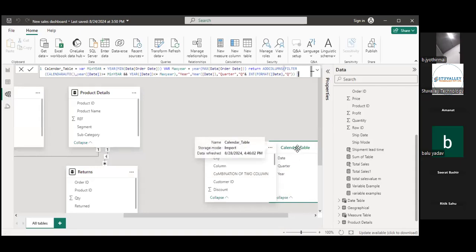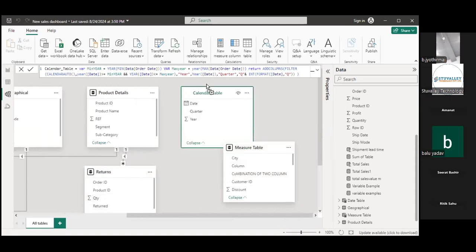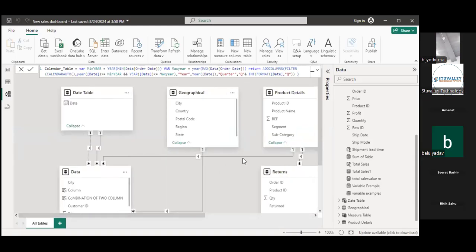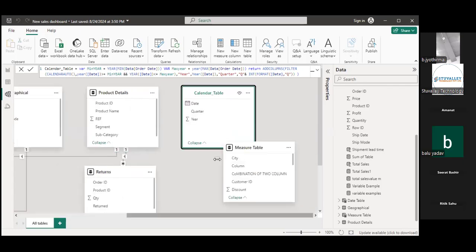Now we have this calendar table as our date lookup table, because the date table we had already created did not have as much information as this table has. So now I want to break this relationship from this date table and I want to make this relationship with this calendar table.